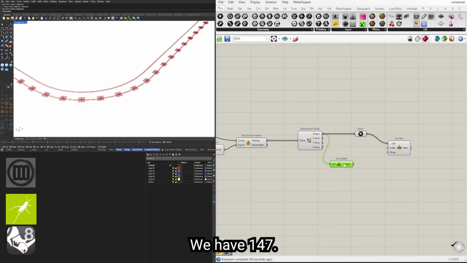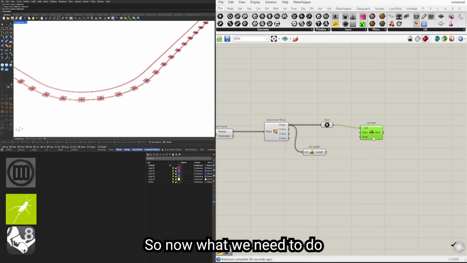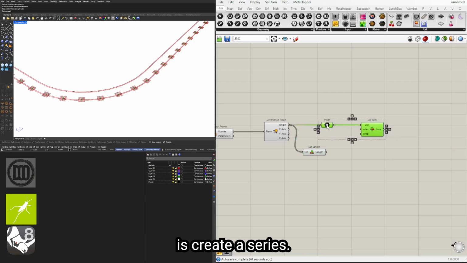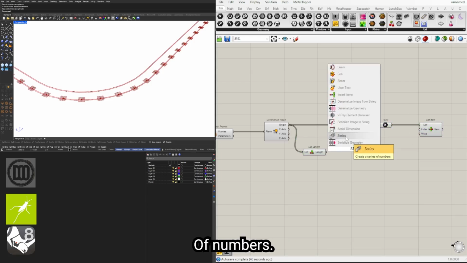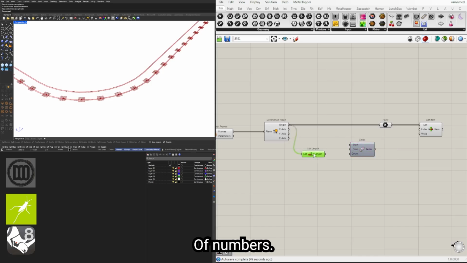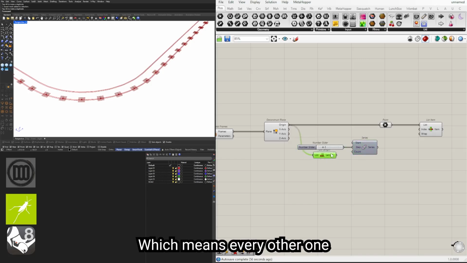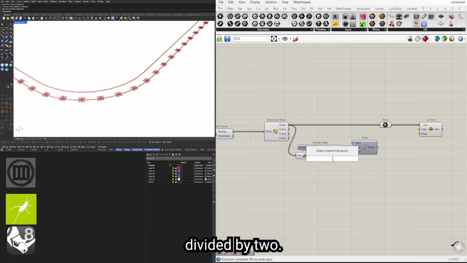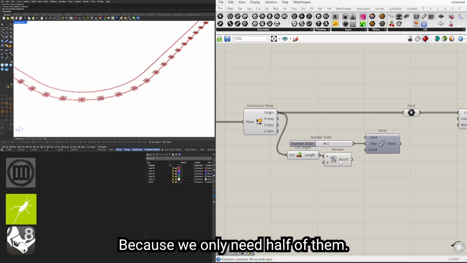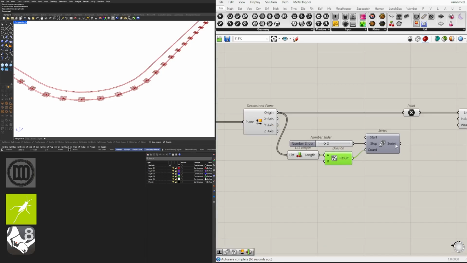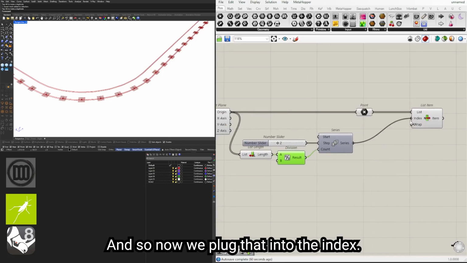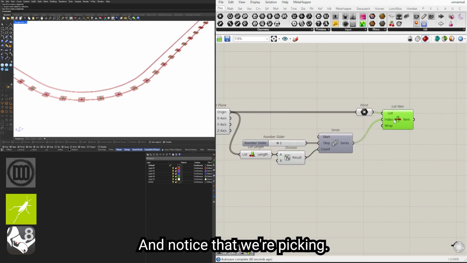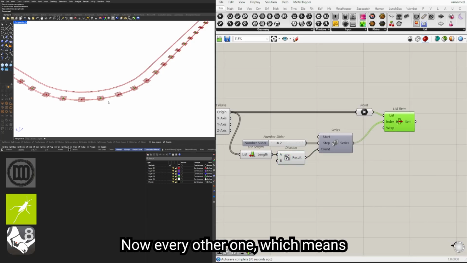We have 147. Okay. So now what we need to do is create a series of numbers that step by 2, which means every other one. The count is going to be 147 divided by 2 because we only need half of them. And so now we plug that into the index, and notice that we're picking now every other one, which means